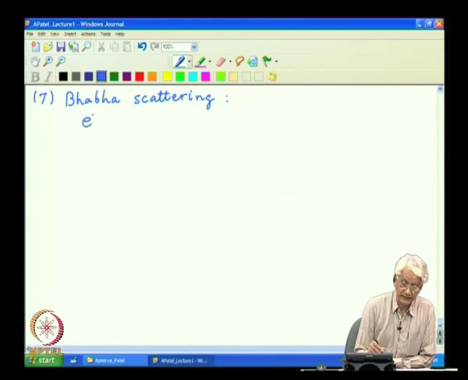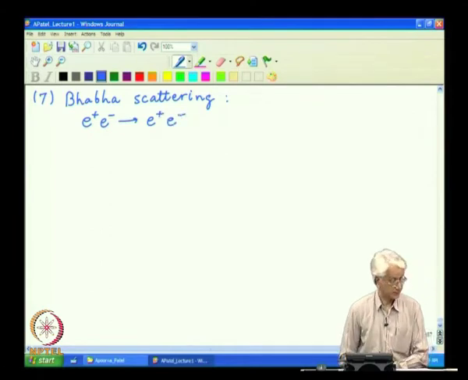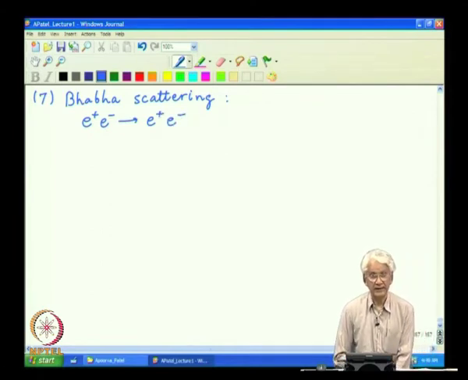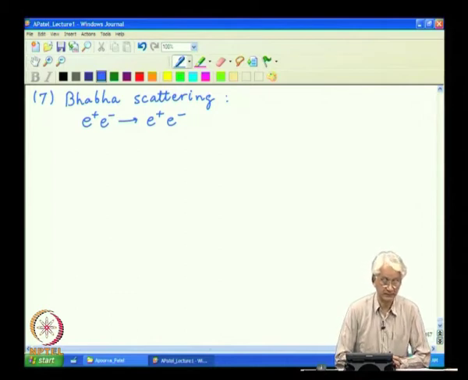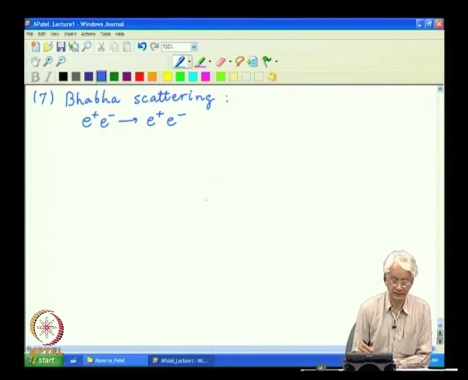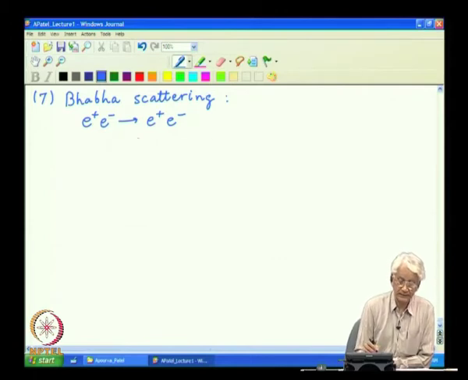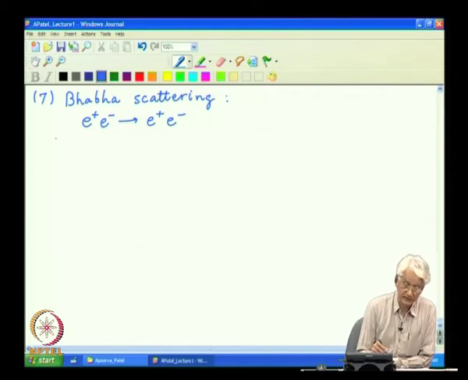This is the scattering of an electron from a positron, and again this can happen when the electron is bound inside atoms. A positron beam can scatter from some material, or this can also occur in accelerators where electron and positron beams collide, and often it is a useful process for calibrating